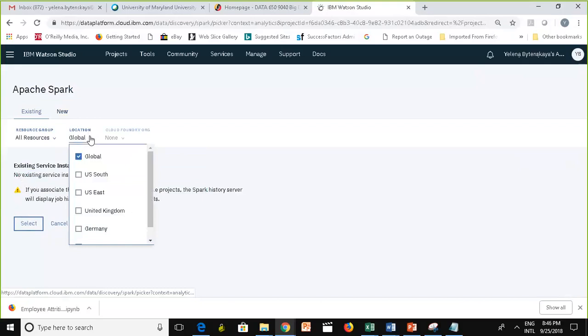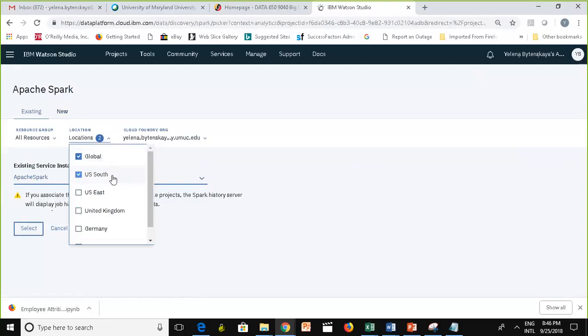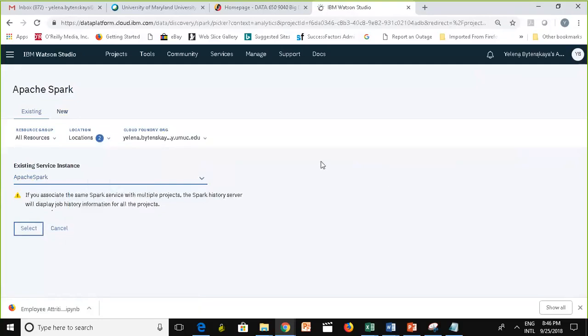You want to click here, and you want to make sure that URL is selected, right? So here, membership groups, see this? You want to have the all resources and defaults checked. And also, for the locations, you want to have the URL checked. I had several people getting this error last semester.